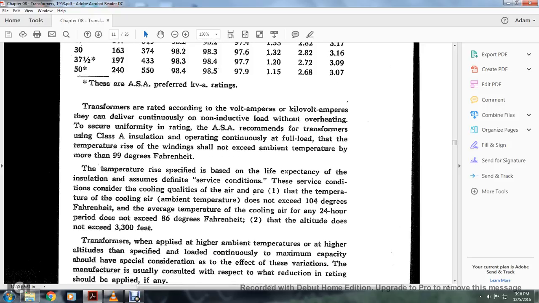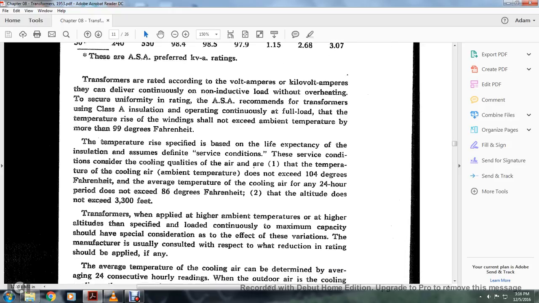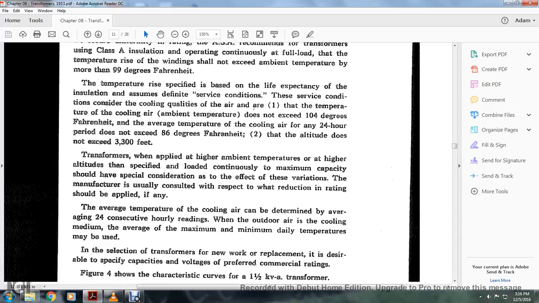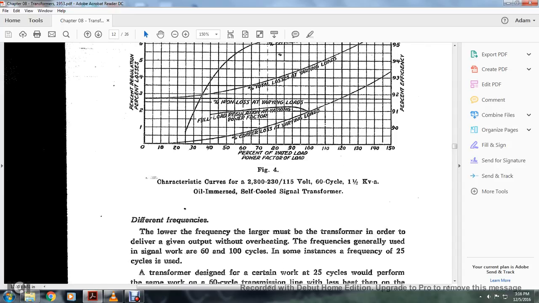Transformers applied at higher ambient temperatures or higher altitudes, with specified load and continuous maximum capacity, should have special consideration of the effect of these variations. The manufacturer is usually consulted with respect to what reduction in rating should be applied, if any. The average temperature of the cooling air can be determined by averaging 24 consecutive hourly readings of the outdoor air as the cooling medium, and the average of maximum and minimum daily temperatures may be used. In selection of a transformer for new work or replacement, it is desirable to specify the capacities and voltages preferred in commercial ratings. Figure 4